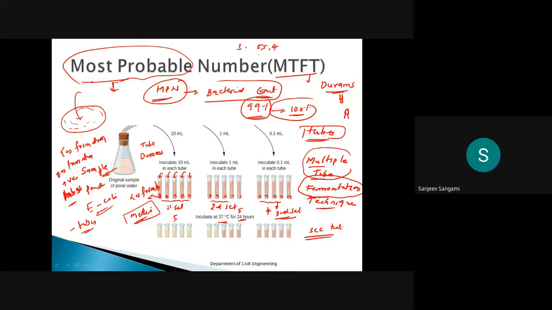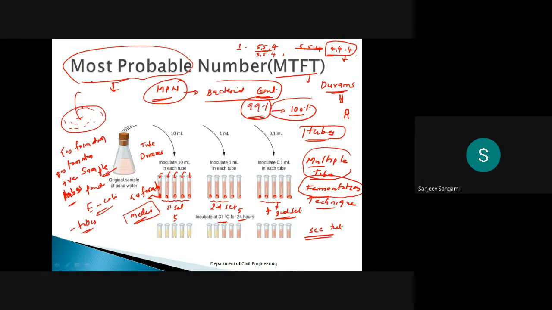In the second stage also you should get 554, and in the third stage also 554. Suppose you got 4, 4, 4 here, then this will be your final MPN number. After confirmation only, you can say this is your final most probable number.